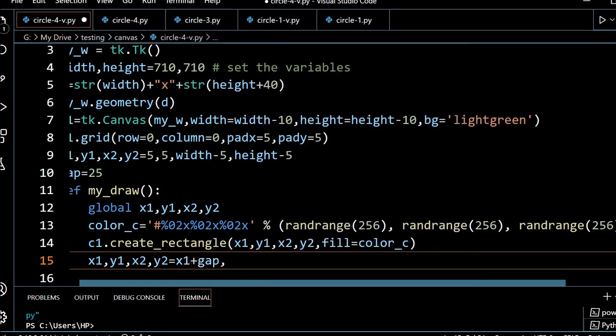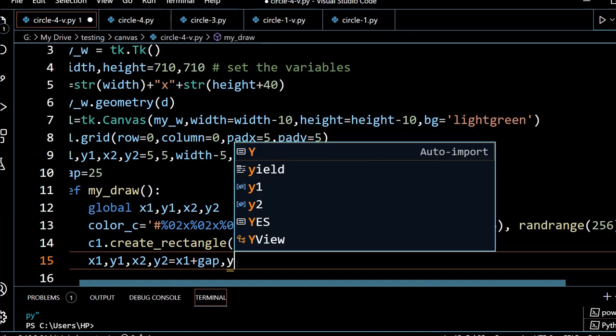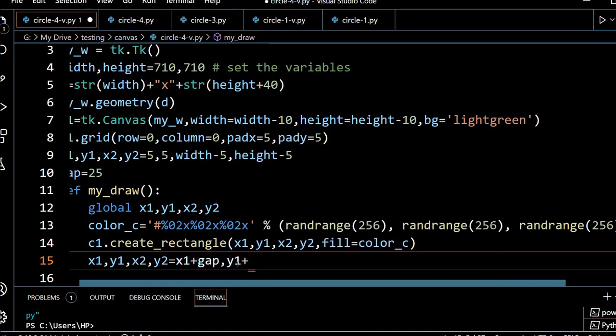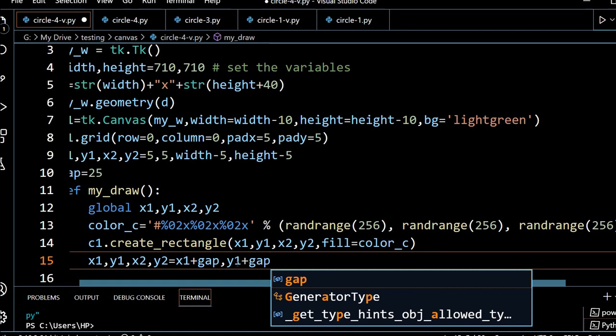I am using the variable gap here, which I declared as 25. So at any point of time I can change that gap, let's say to 10, and a different gap between the rectangles will come. So x1 gets the gap, and y1 also increases, y1 plus gap.